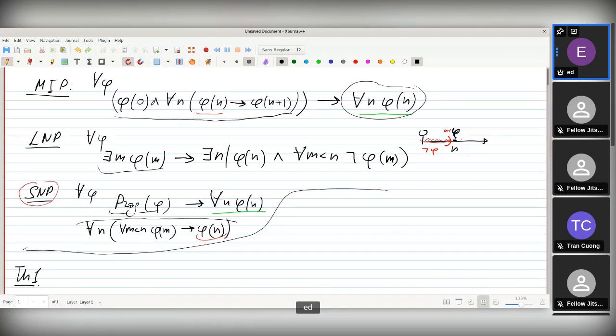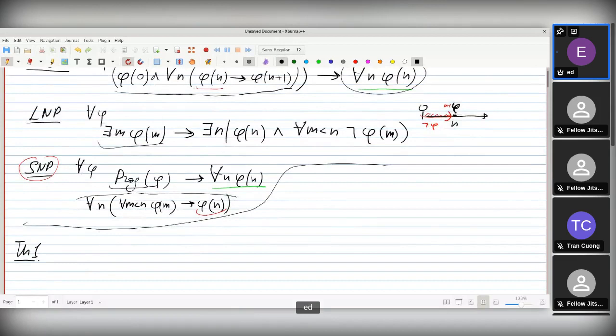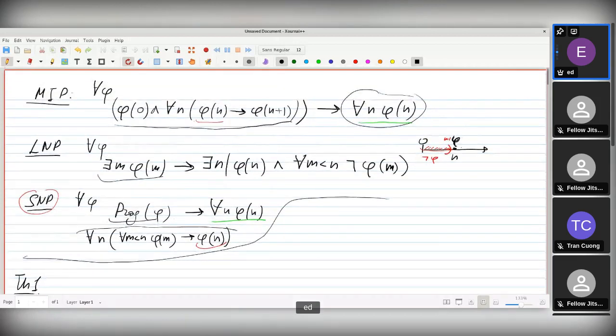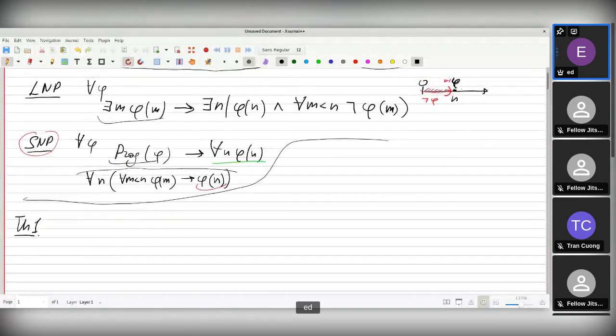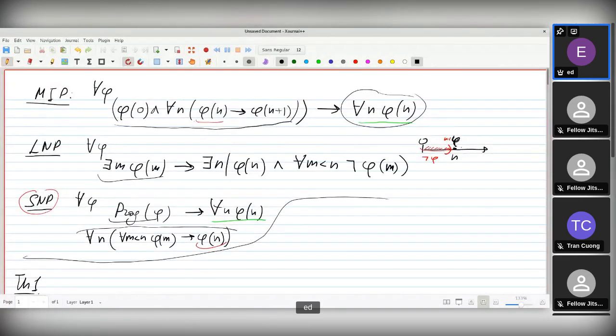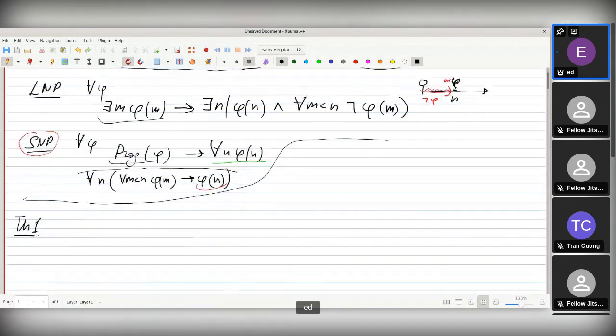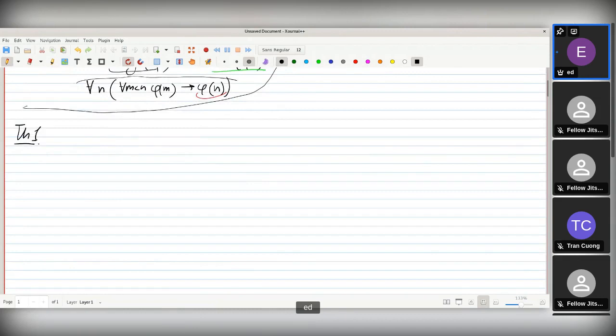So the main idea here is as follows. What should we take as an axiom? And I'll prove that it doesn't matter. Every one of these principles is equally good. You can take one and derive the 2 remaining principles, not using any induction, anything except your basic axioms. Okay, our theorem 1 is as follows.